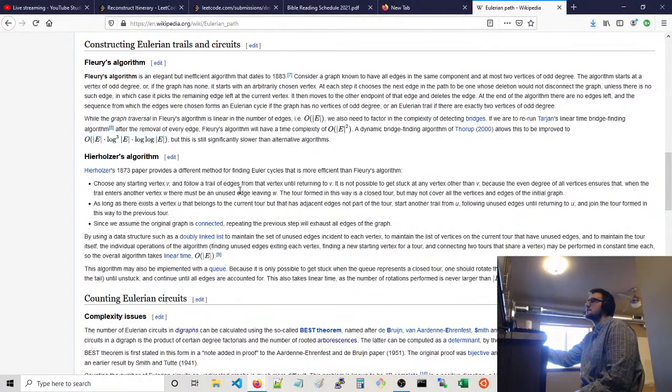Helmholtzer's 1873 paper provides a different method for finding Euler cycles and is more efficient than Fleury's algorithm. Choose any starting vertex V and follow a trail of edges from that vertex until returning to V. It is not possible to get stuck at any vertex other than V because the even degree of all vertices ensures that when the trail enters another vertex W, there must be an unused edge leaving W. The tour formed in this way is a closed tour, but may not cover all the vertices and edges of